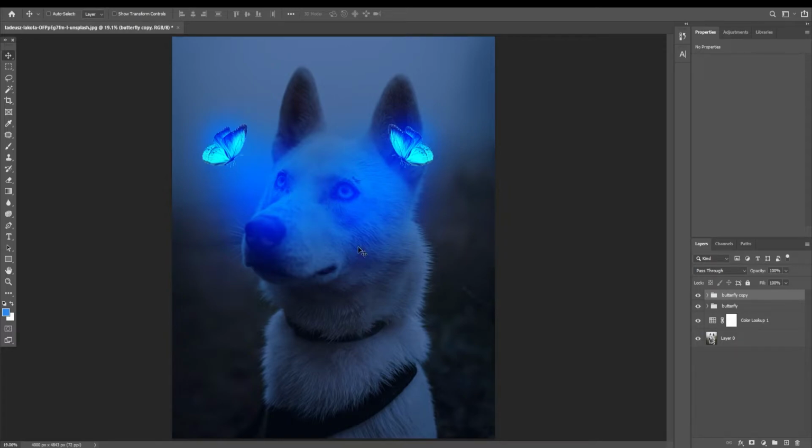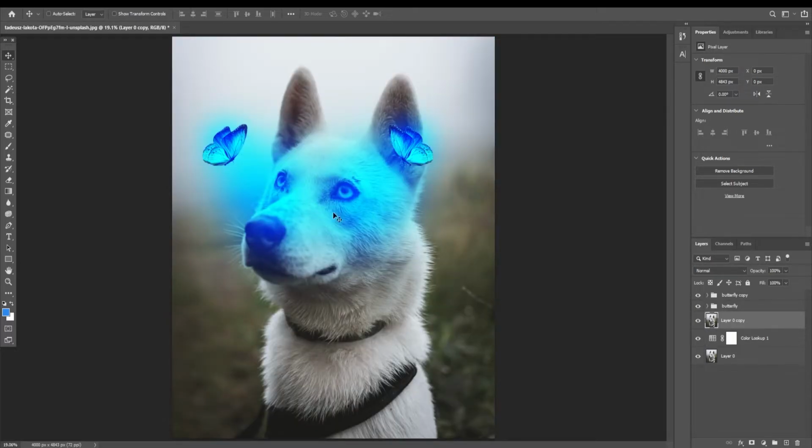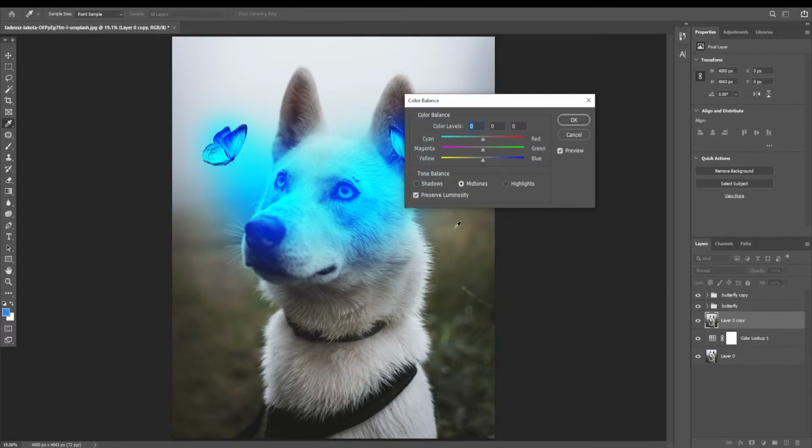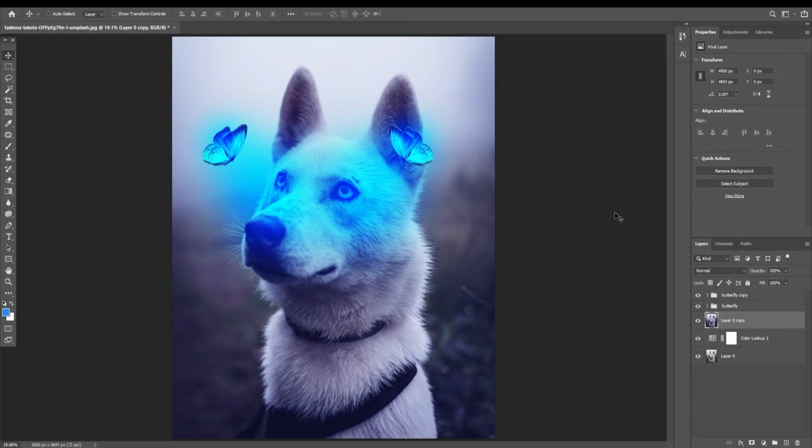And to achieve that look, we are going to duplicate this background layer, so Ctrl J, and move it up here, so it doesn't get affected from the night. And we are going to press Ctrl B and give this a blue tint. So hit OK, and we will press E now to select our eraser tool, and while having opacity at like